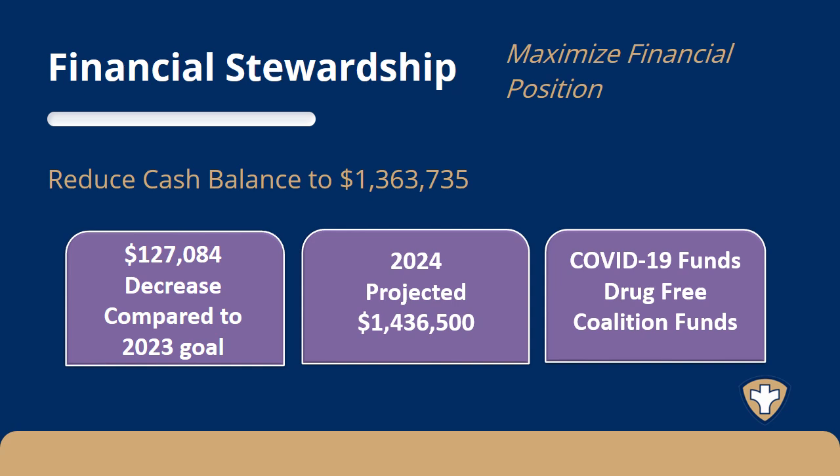Another goal within the financial stewardship perspective is to develop a cash balance policy. Over the last year, there's been a lot of research conducted within the agency to look at how we can spend funds so that we could inform a cash balance policy. One does not currently exist. However, as we move forward into 2025, additional work will go into developing a cash balance policy.